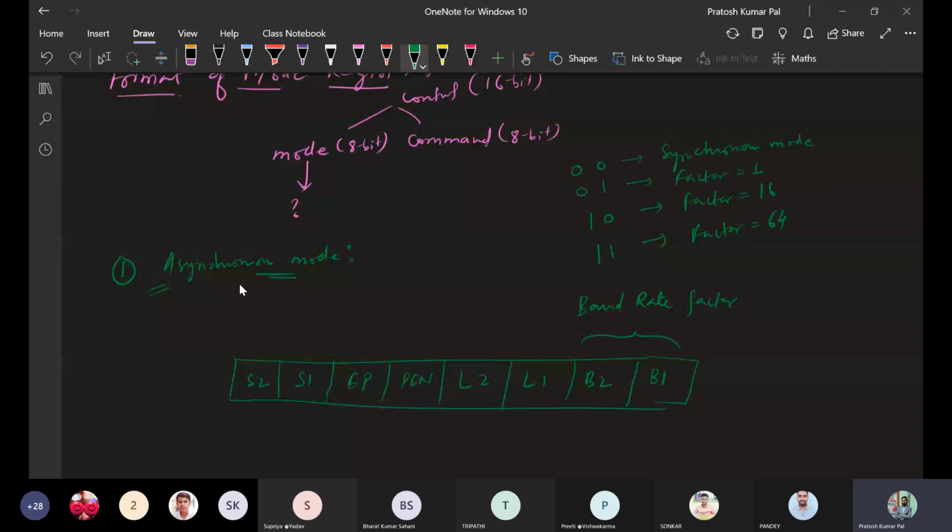The next one is L1 and L2. Basically, L1 and L2 are going to tell the number of data bits.